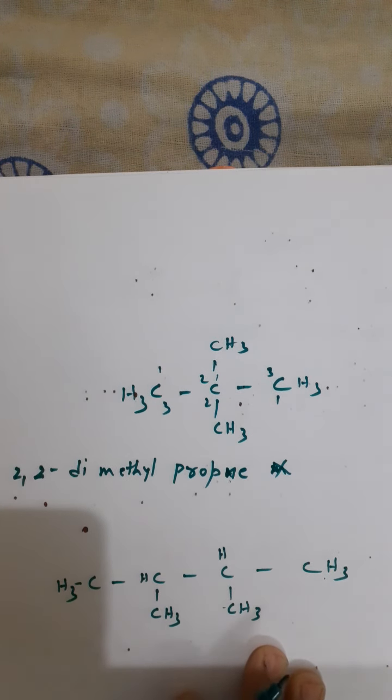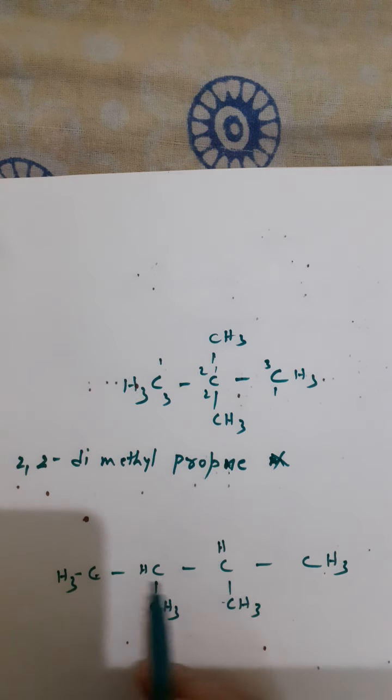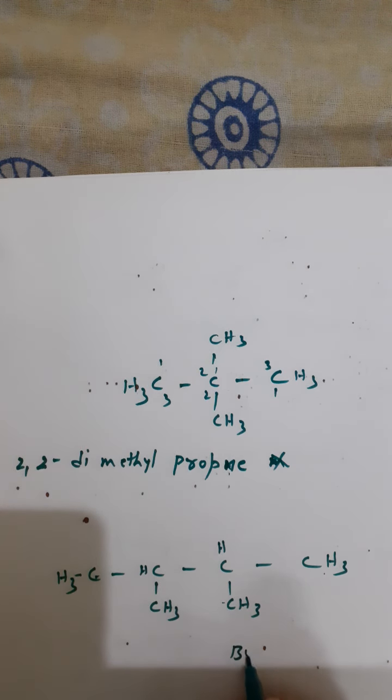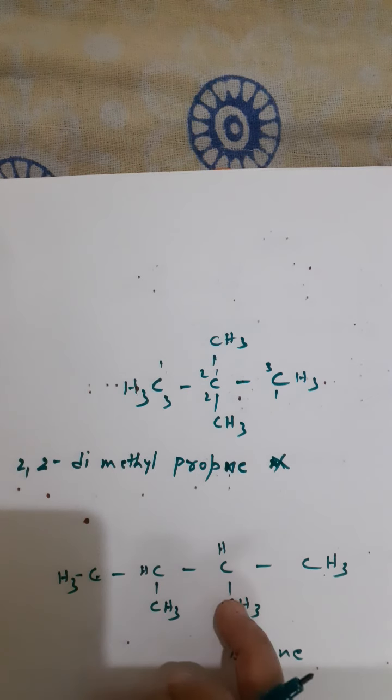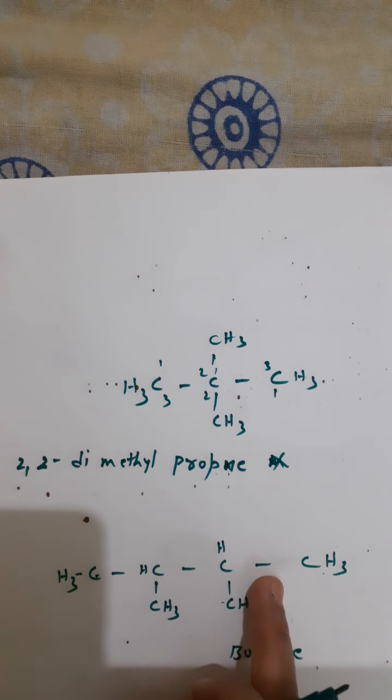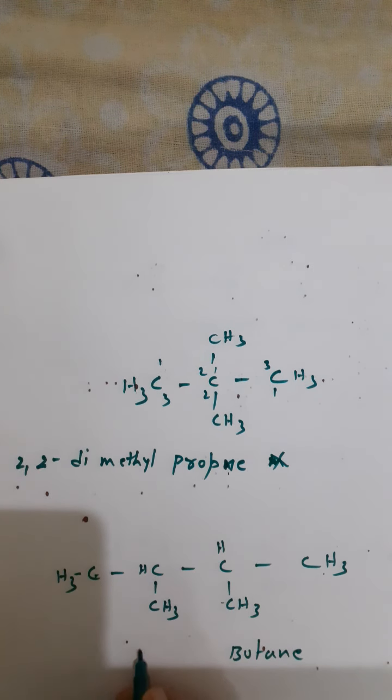Now let us name it. So observe how many carbons in the straight chain? 4 carbons. So it is but. And all single bonds, so therefore it is a butane. Then comes what are the substituents attached? 2 methyl groups, isn't it? So that means the prefix will be methyl. Whenever you are writing a substituent, it should be written as a prefix. So methyl. How many methyls? 2 methyls. That's why di.